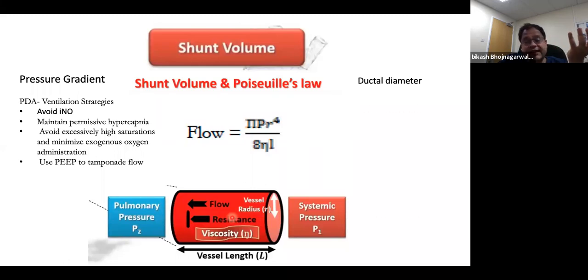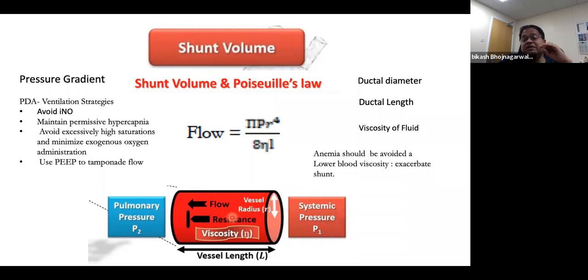It depends on the ductal diameter. We know that, and we'll talk about that later on. Can we measure it accurately? It of course depends on ductal diameter. It depends on ductal length, inversely proportional: the longer the length, the less the flow would be. Can we measure that properly? I don't think so. And the viscosity of the fluid is very important. It's inversely proportional to flow. So if there is anemia, you will exacerbate the